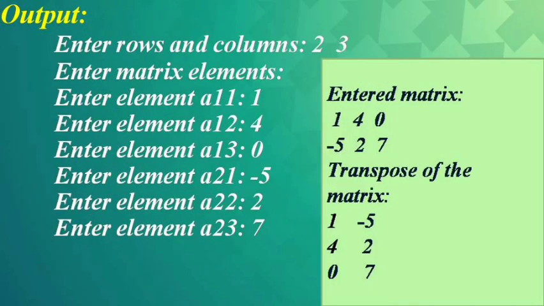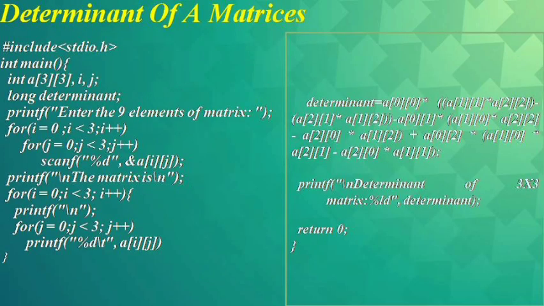first we write the code for the number of rows and columns. Then it assigns the elements to the matrix. After assigning the elements to the matrix, it prints the matrix value A. Then it will compute the transpose of matrix A. Then finally it will print the transpose matrix. This is the output of the matrix transpose.